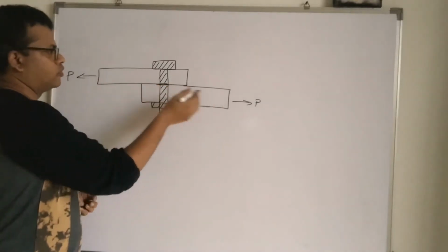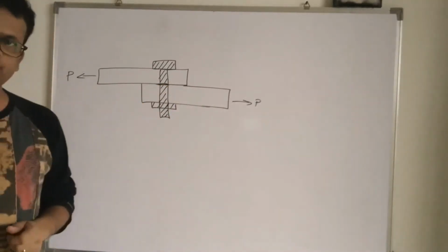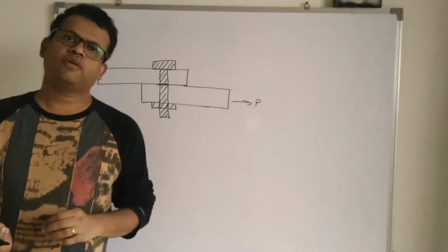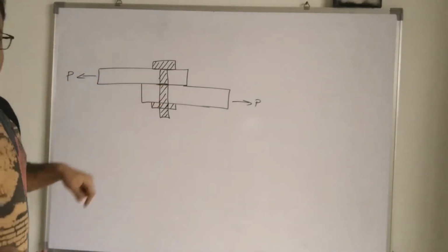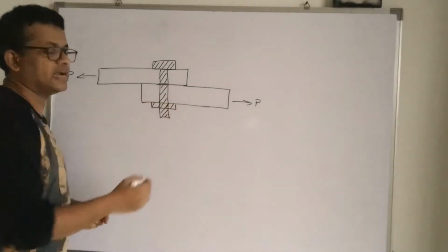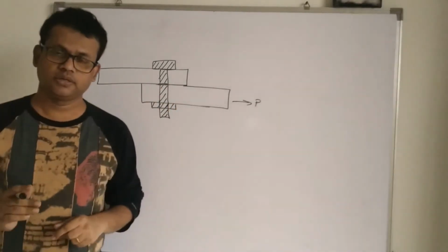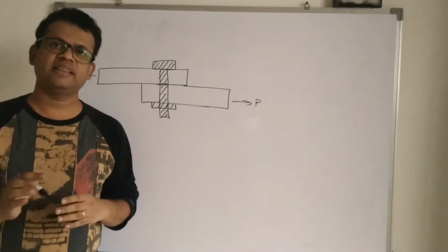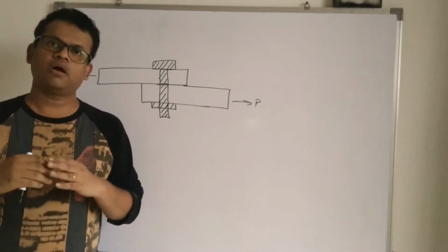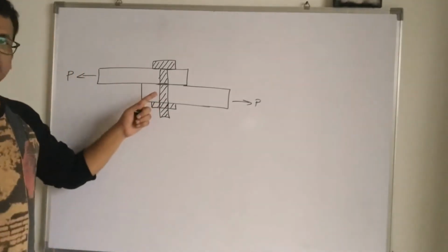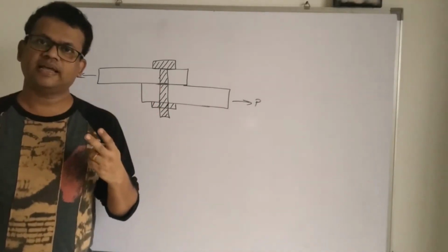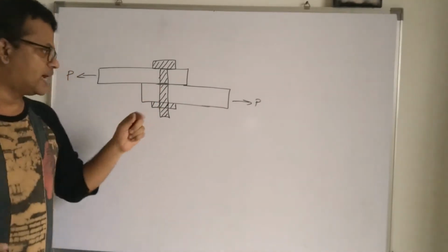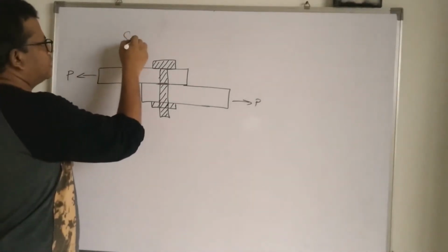So if the force applied is greater than the shear capacity of the bolt, then what will happen is the bolt can cut here in the center, this part. Okay, that is called as a shearing plane. The plane wherein the bolt can shear off or it can tear off, that is called as shearing plane. And how many shearing planes come? If there are two plates, then only one shearing plane comes. So that is called as single shear.